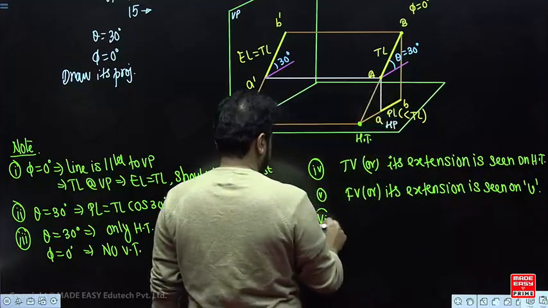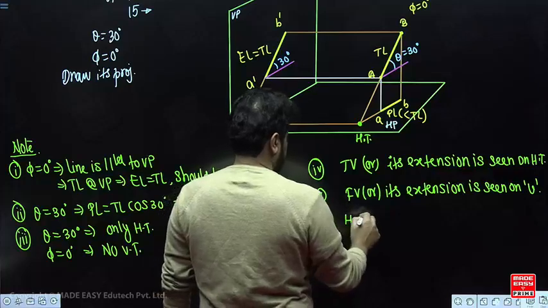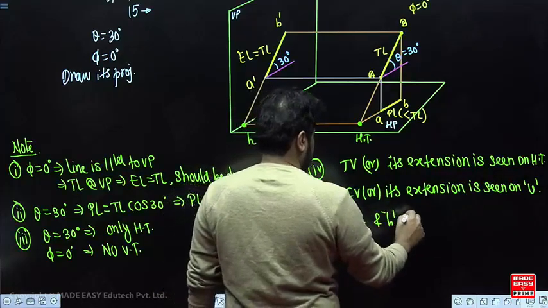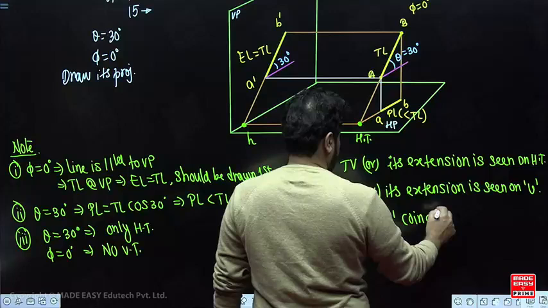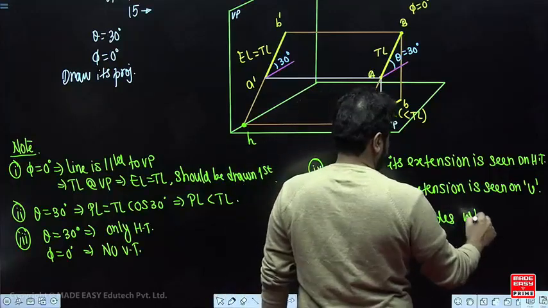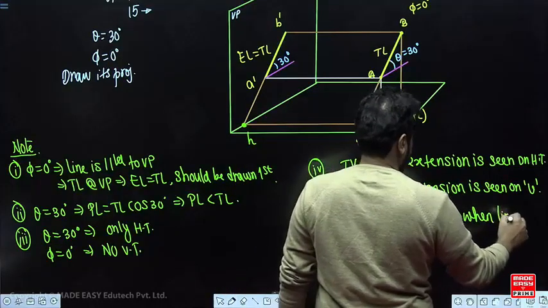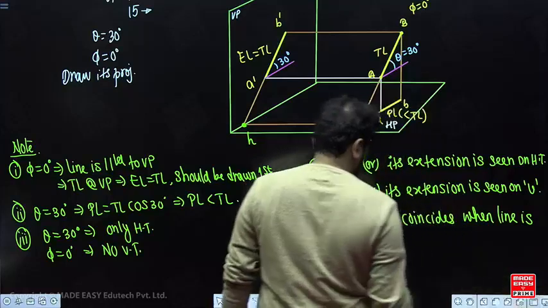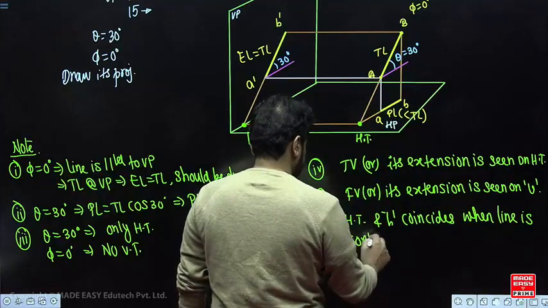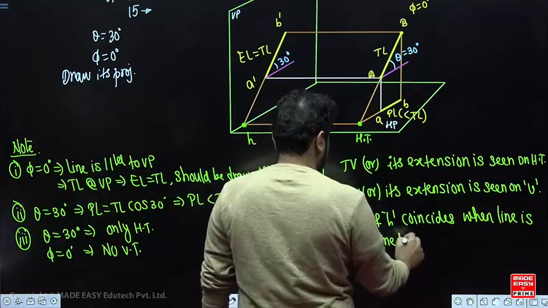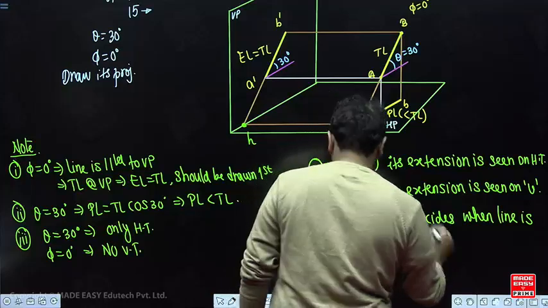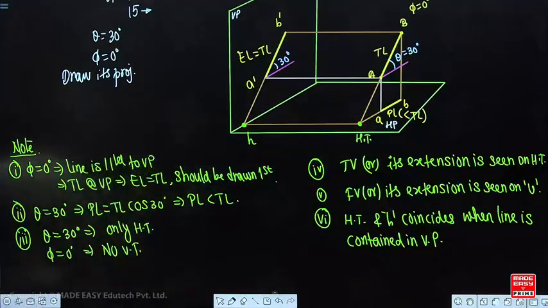ओके, फ्रंट व्यू और इट्स एक्सटेंशन इज सीन ऑन स्मॉल वी, करेक्ट? And the sixth one, HT and small h coincides when line is contained in VP. बताओ, क्लियर है? All the 6 points are clear? ठीक,